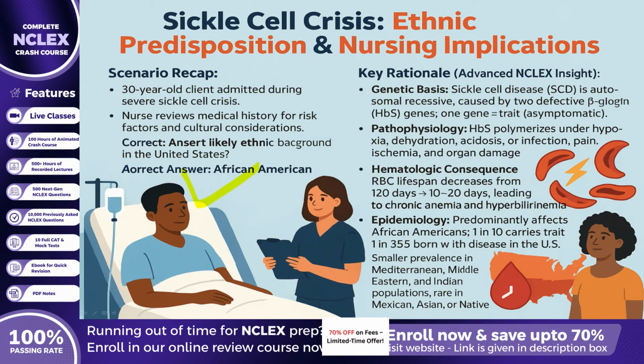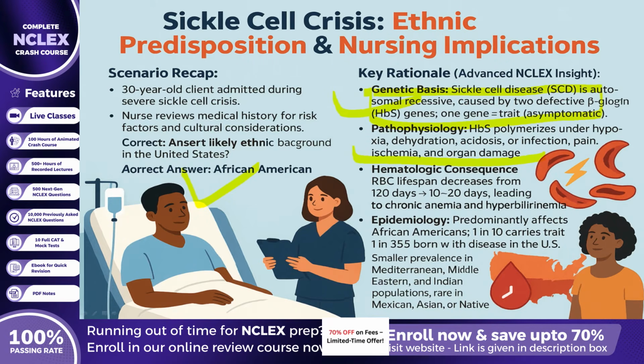Sickle cell disease, or SCD, is an autosomal recessive genetic disorder resulting from the inheritance of two defective beta-globin alleles, HBS, located on chromosome 11, one from each parent. Individuals who inherit only one abnormal allele have what is called the sickle cell trait. While the trait typically does not cause symptoms, it can be passed on to offspring. However, inheriting two defective genes causes the replacement of normal hemoglobin A with hemoglobin S, fundamentally altering red blood cell